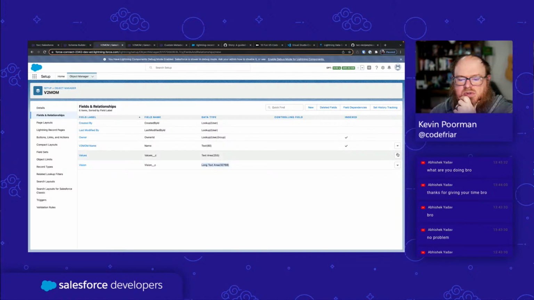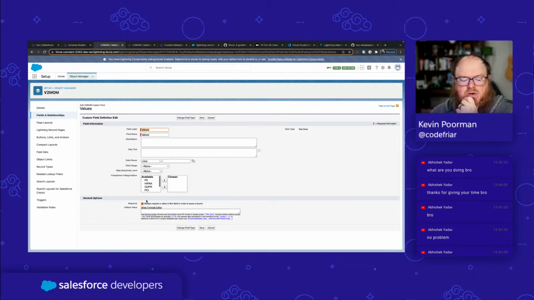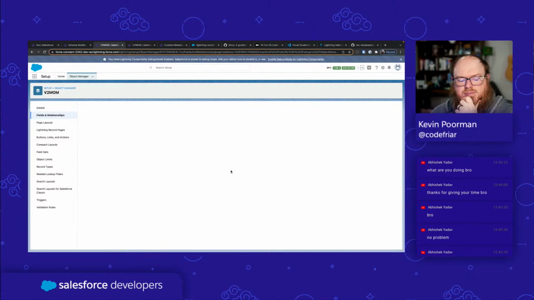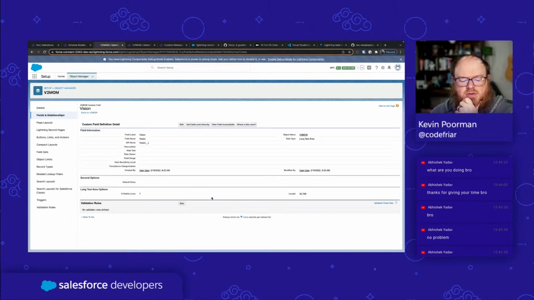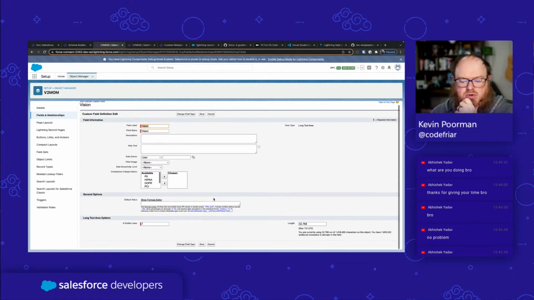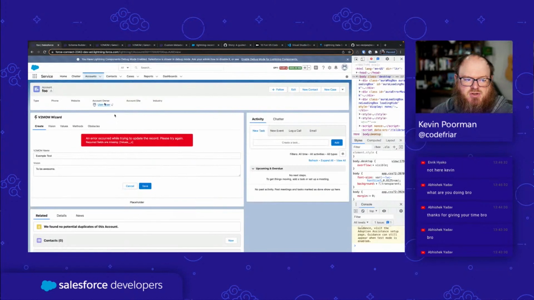Values is set to be required though, and we don't want that. Required. Save. Did I miss it there? Was that at the very bottom? Edit. Nope. Okay. So now that we've changed that,